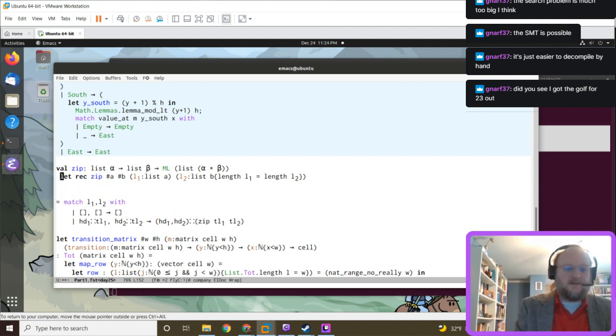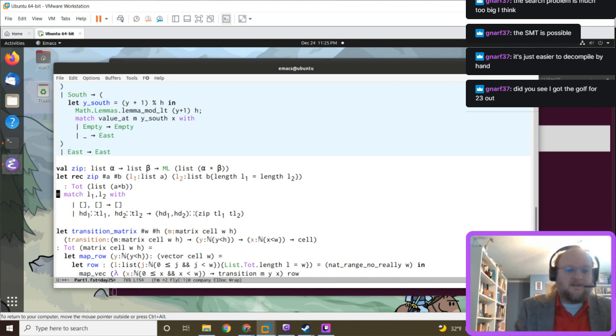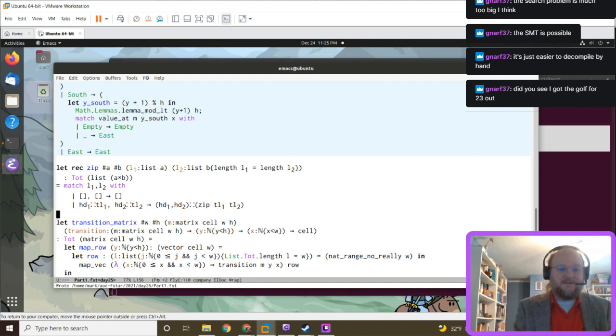So this returns, all right, so this is a total function, returns a list of A, B pairs. All right, I mean, this should be good. This isn't too hard. I don't know why we don't have this in the.